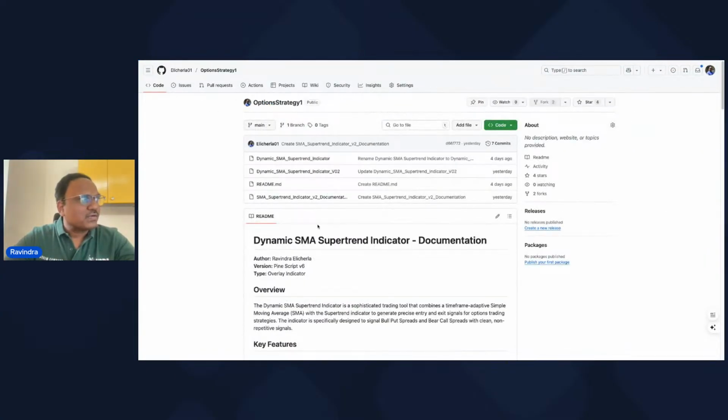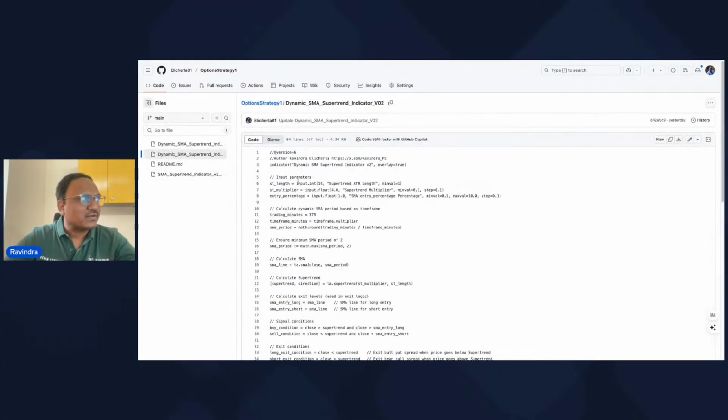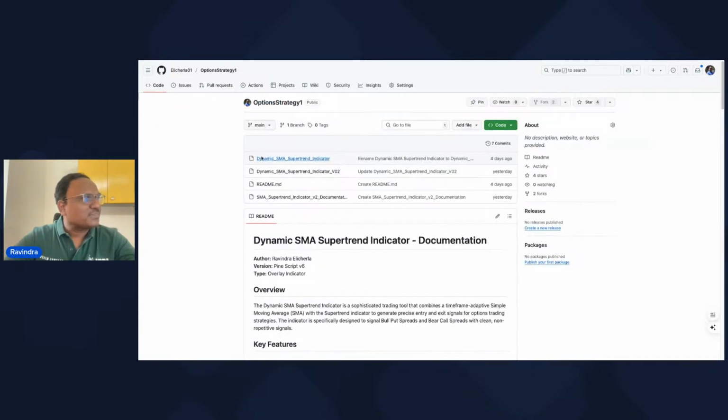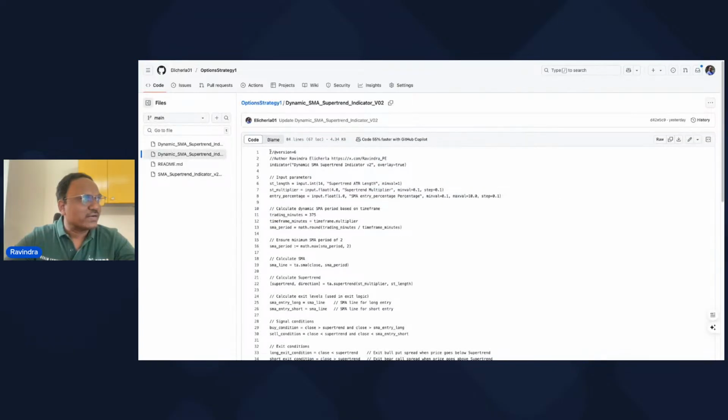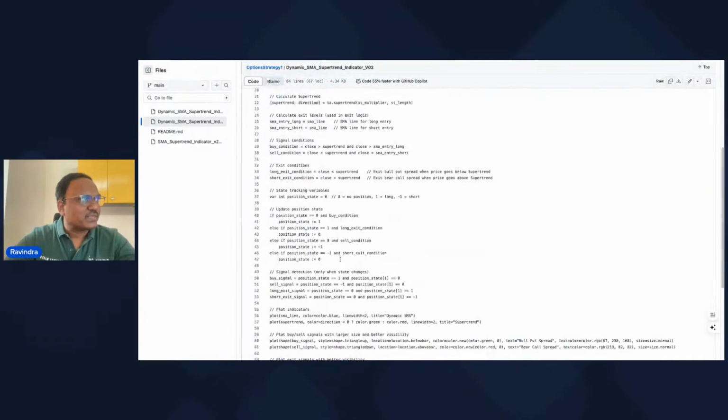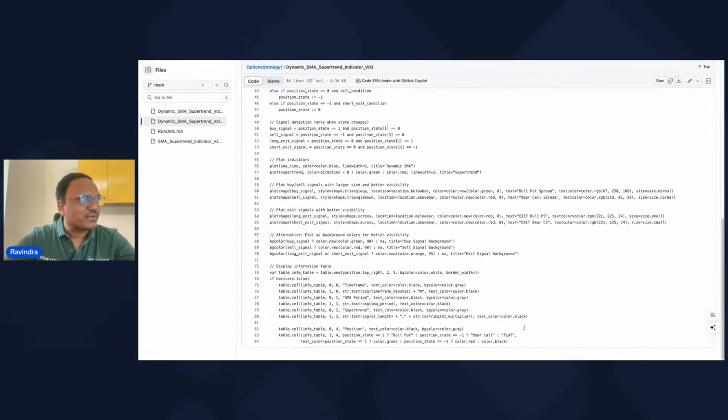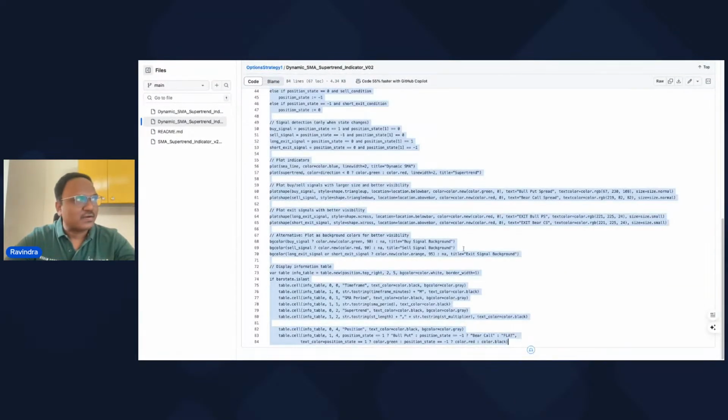Now, first things first, a lot of people got confused on how to even apply the indicator, so for them I'll just show. You would have got the link already. Go to this one and then click on this. In fact, you can directly copy here, copy raw file, as you can see. That is one way. If you do not want to do that, you can simply go here and copy everything, so till here, copy.